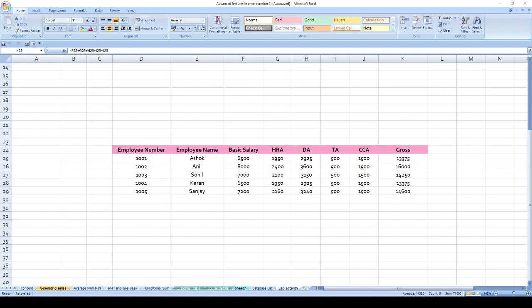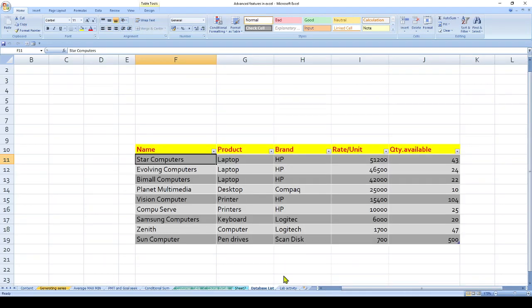For example, determining the maximum, finding the minimum in a range of cells. So everything is written in the form of steps. So we will also see how to do this particular lab activity and explain it in the form of steps.